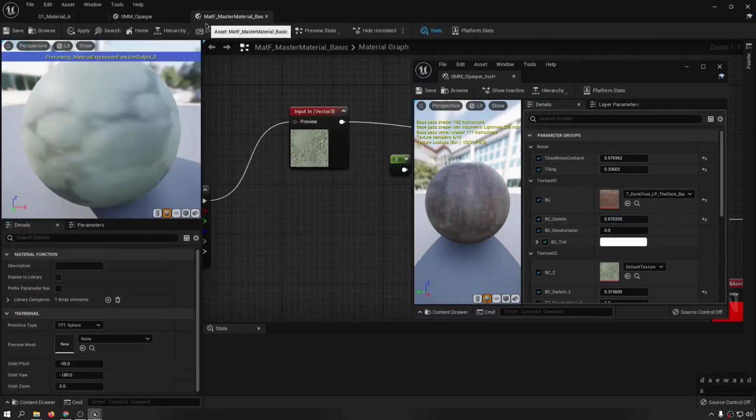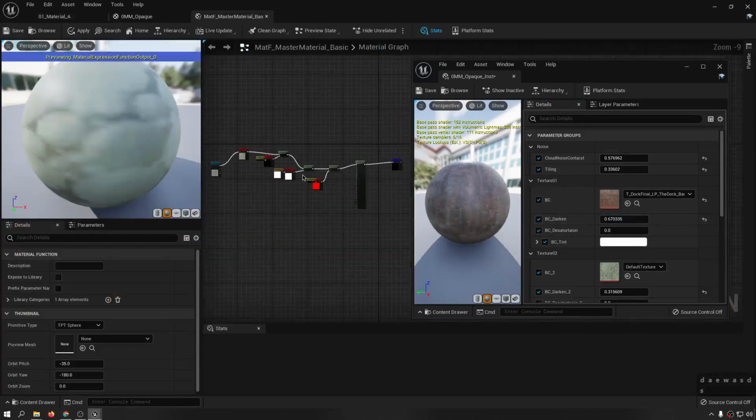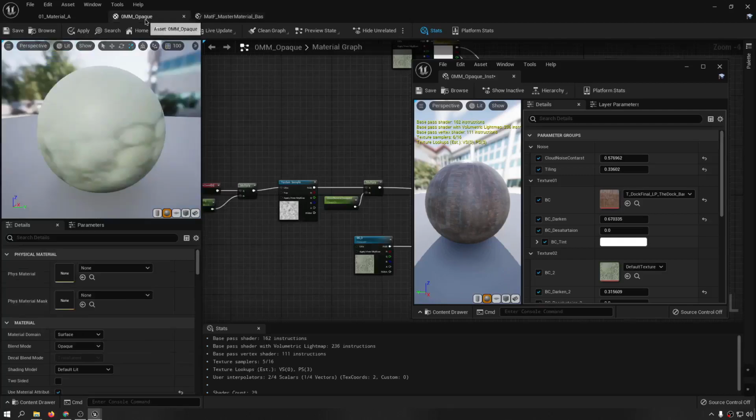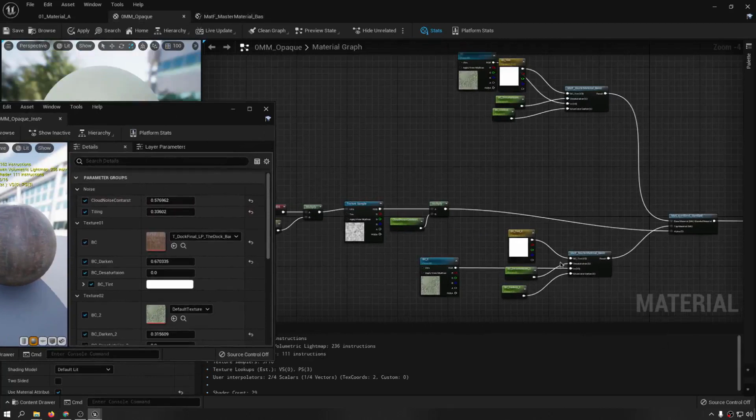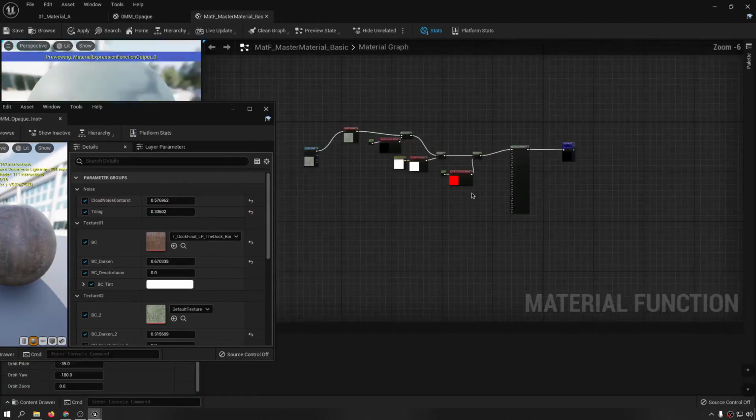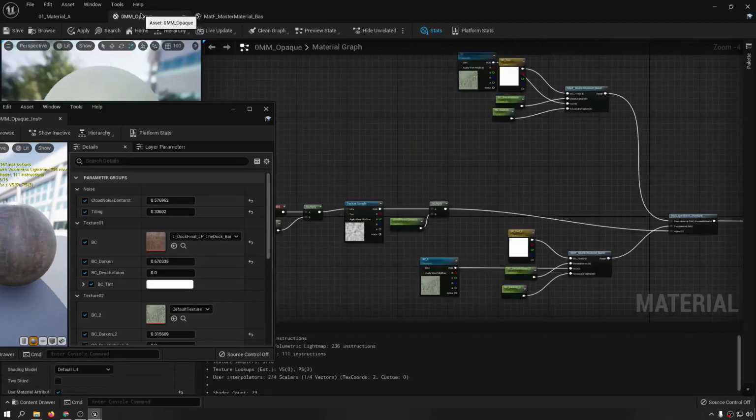Although we have created only one single master material function, I mean, we have taken two variations from that. And as long as you create the material function to be powerful, you're able to do a lot of things